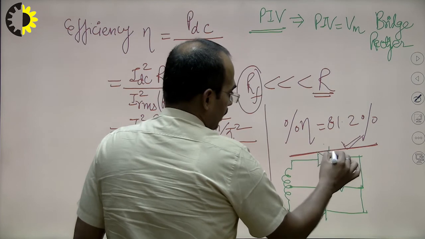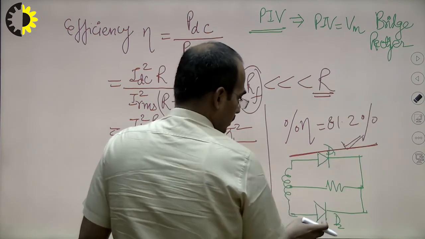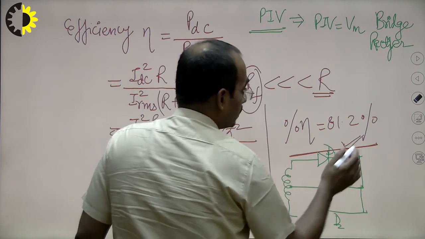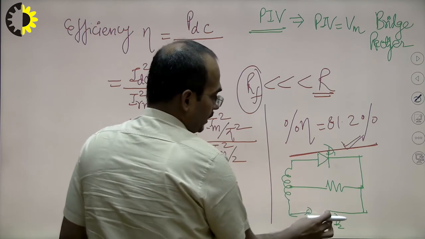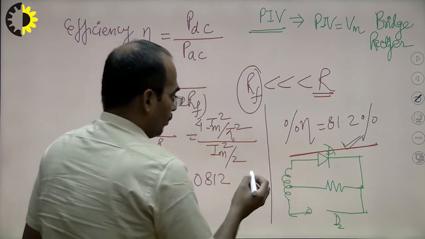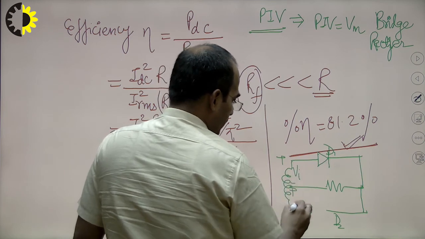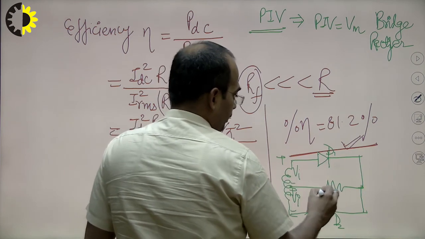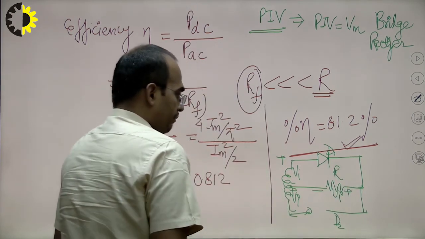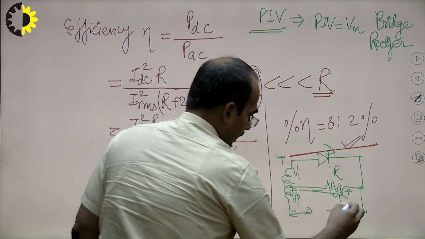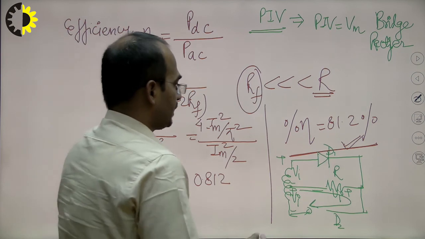Suppose diode D1 is conducting and D2 is not conducting, so I am removing this diode. I have to find the voltage across this diode. I am applying the positive half cycle, that is Vi. At the output I was getting this Vi. When I apply KVL across this diode for getting the PIV for the center tap rectifier, I will get